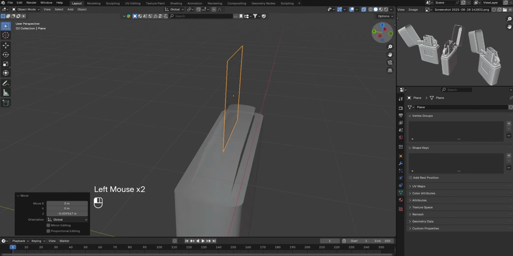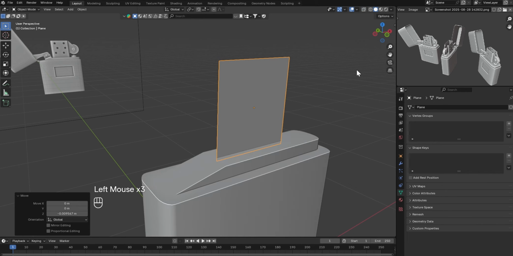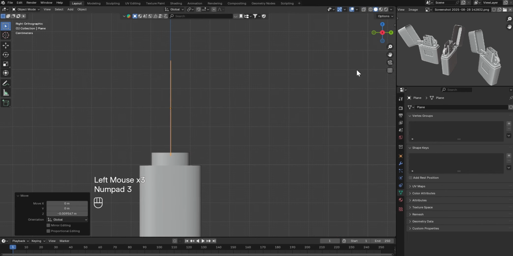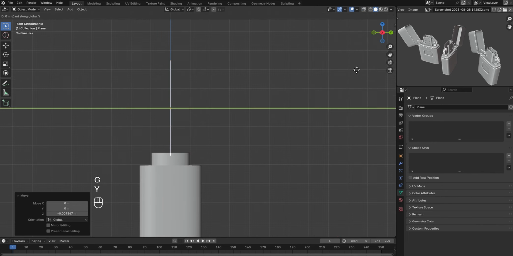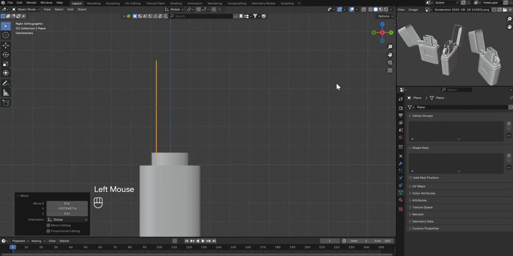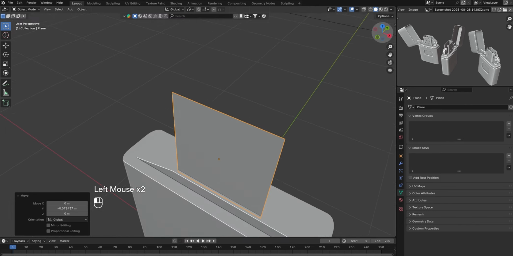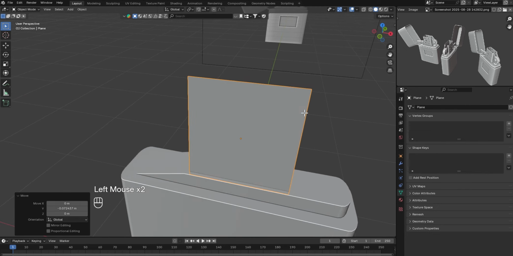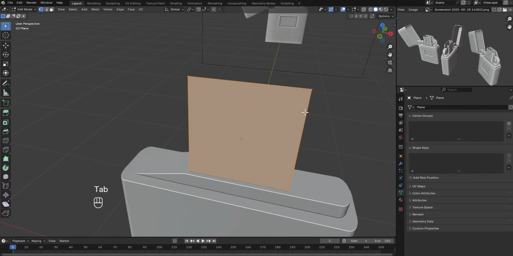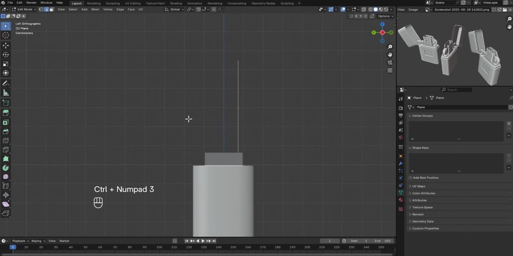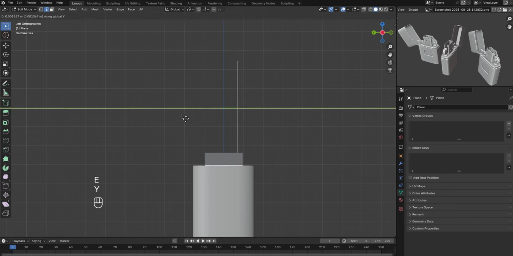Alright, so the next thing we are going to do, let's turn off the X-ray mode, be at the side view and move it towards this side. Alright, like so. So what we are going to do now is to go to edit mode and edge selection mode. So now select this edge here, press Ctrl and number 3 to be at the left side view, then E to extrude along the Y axis